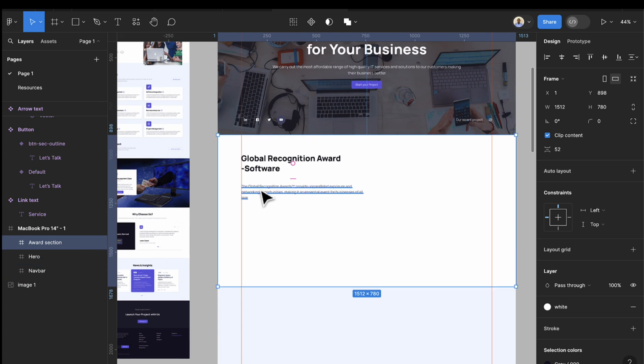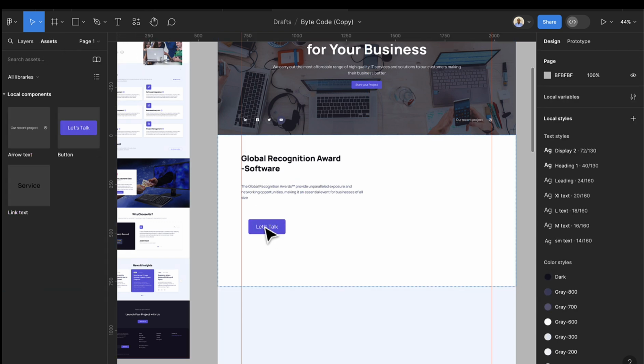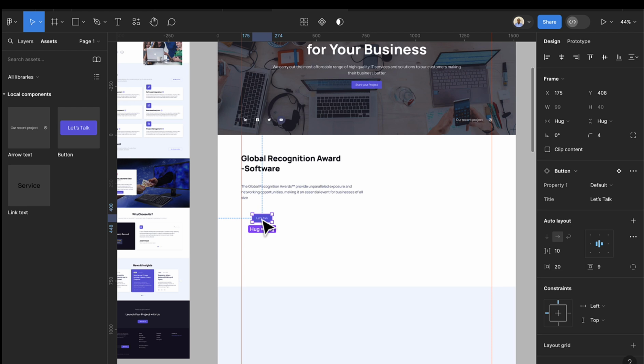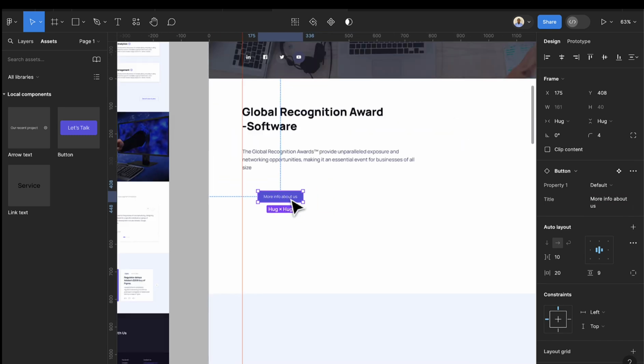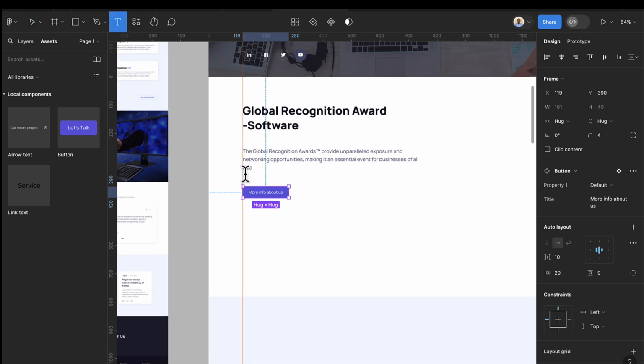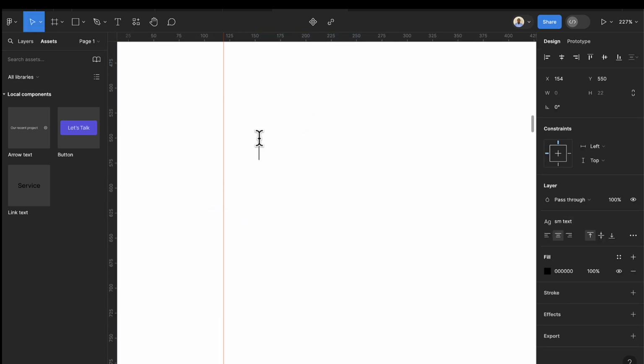Let's add a button here before we start the arrangement. To add that button, I'm going to select this, drag this button, and drop it here. Here we can add more info about us. So we can drop this here, and we can add some dummy text here. This is going to be notable global